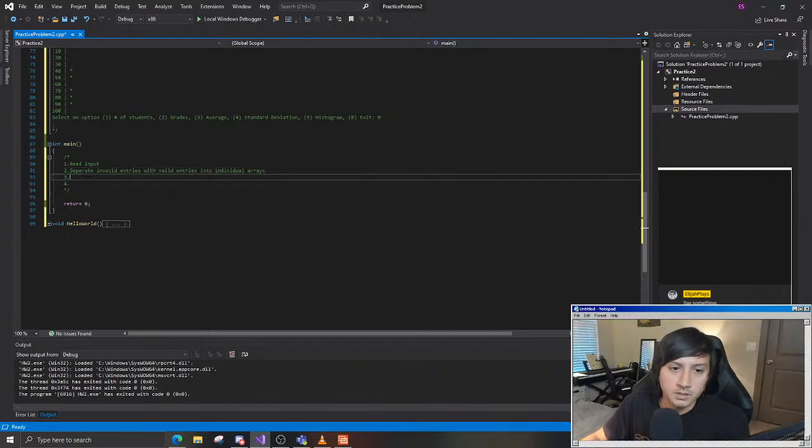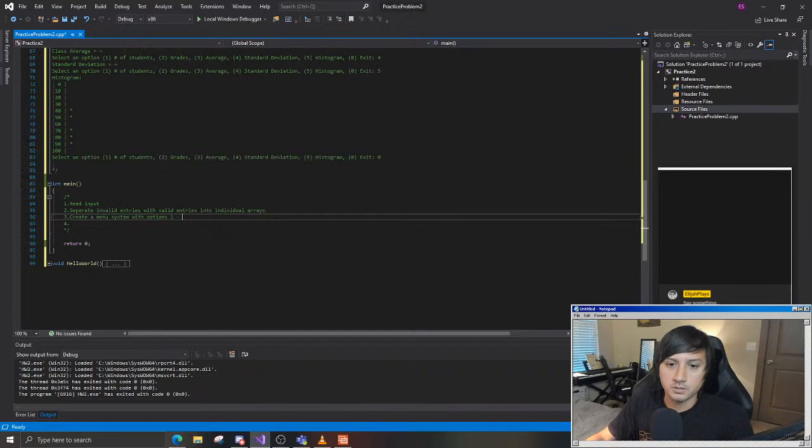Okay. So once we have the two arrays separated out, we're going to create a menu system with options 1 through 5. Oh no, 0 through 5. It's 0 through 5. 0 is exit. So if you put an exit during the menu system, you'll get out of the program. Okay. Next is,